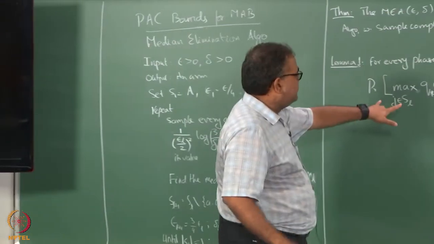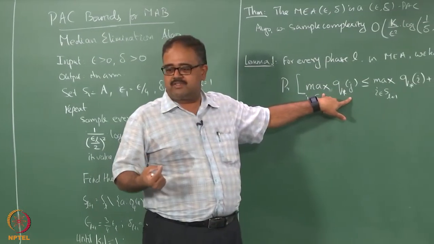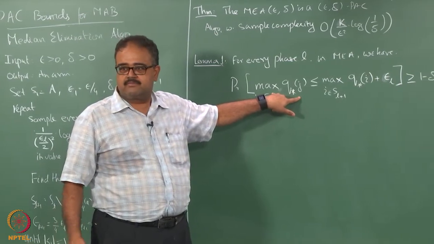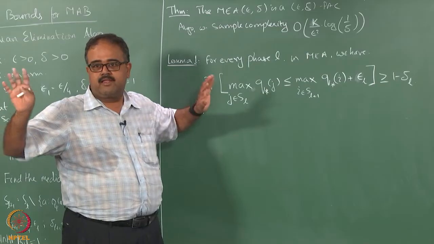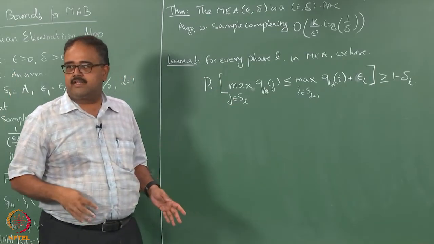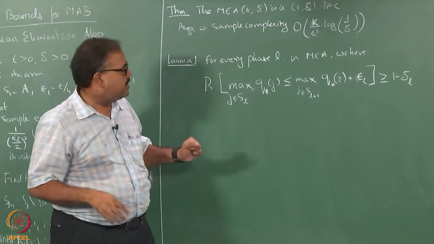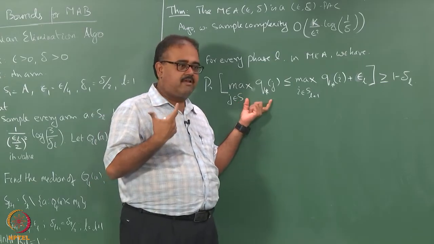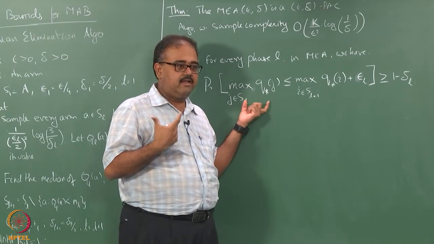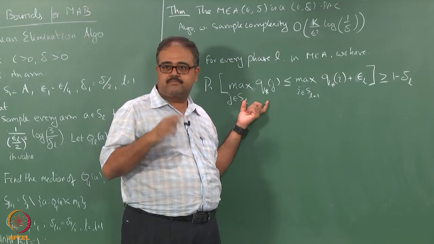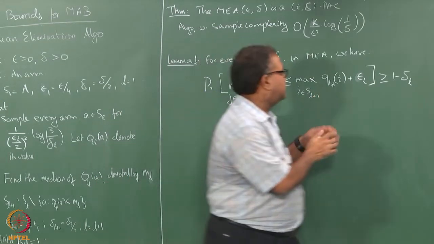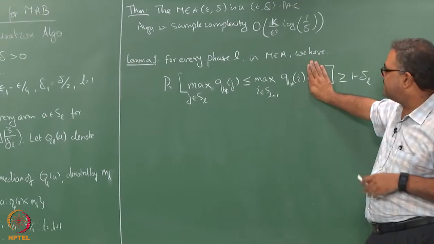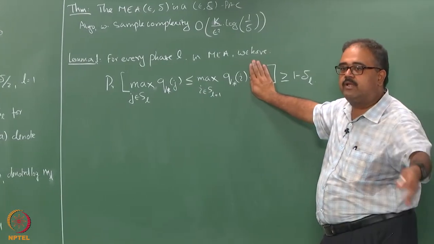So in level 1 this should be Q star A star, but in level 2 itself it could be something different, because I might have lost A star in the first round itself, right. This is the best I could have done in the Lth round, right, potentially. And what is this? This is the best I could have done in the L plus 1th round,